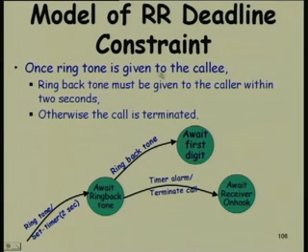Once the ringtone is given to the callee, the ringback tone must be given to the caller within 2 seconds, otherwise the call is terminated. This is the example we had seen. After the digits have been dialed, the ringtone is given to the caller, and once it has been given, the timer for 2 seconds is set, and it enters the await ringback tone state. And if the ringback tone is produced by the system, then it